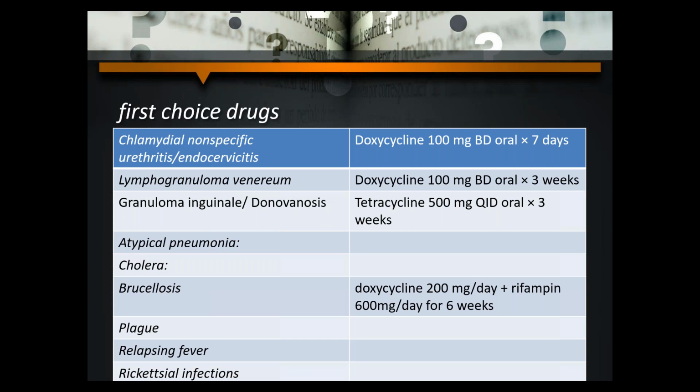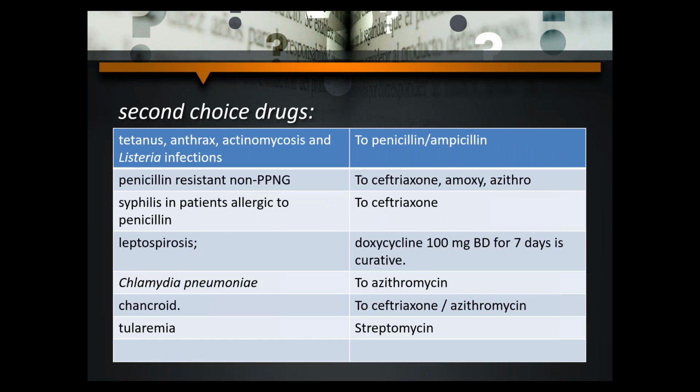Here doxycycline can be used singly or in combination with other drugs also. Coming to the other uses where it is a second choice drug: tetanus, anthrax, actinomycosis, and listeria infections. First choice of drug is always penicillin and ampicillin. Then the second choice of drug is doxycycline. Okay. And if there is any penicillin resistant